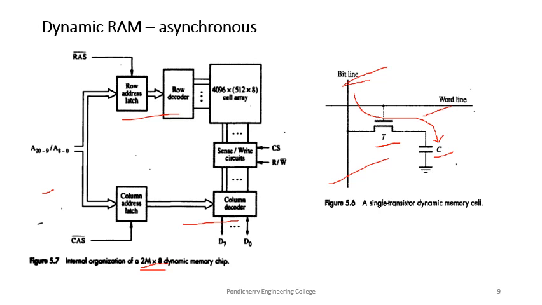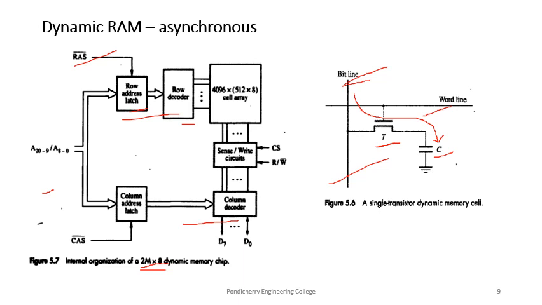To reduce the number of external connections, the row and column addresses are often multiplexed. In this case, we have 12 pins for the row address, and this is multiplexed with the column address. So during a read or write operation, the row address is first applied. It is loaded into the row address latch in response to a signal on the row address strobe. You can see this row address latch, which is activated by the row address strobe signal.